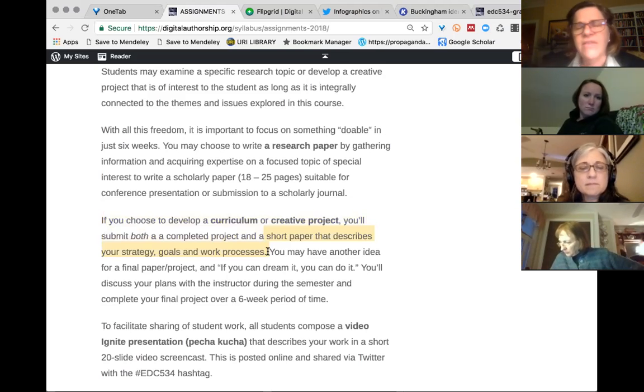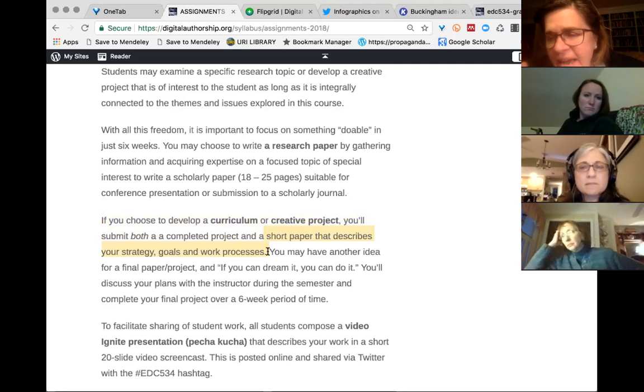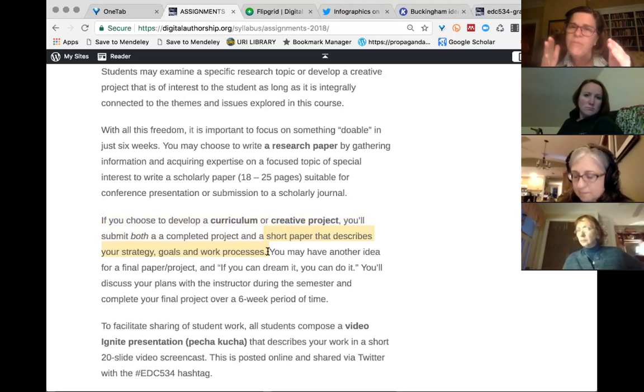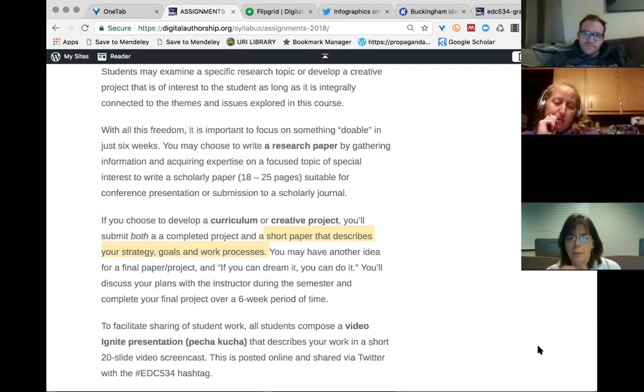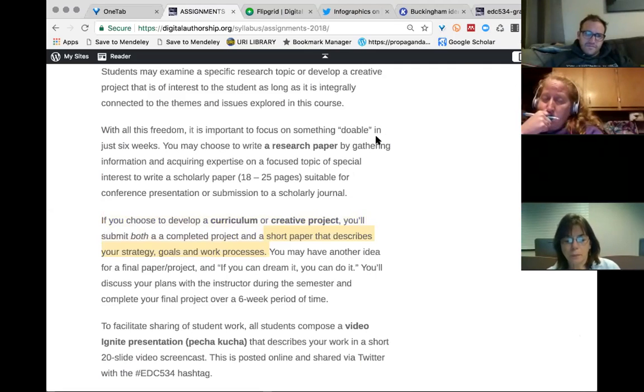And that's an important secondary document that helps me evaluate your work based on what your goals were. So I just want to see if you guys have any questions about that.